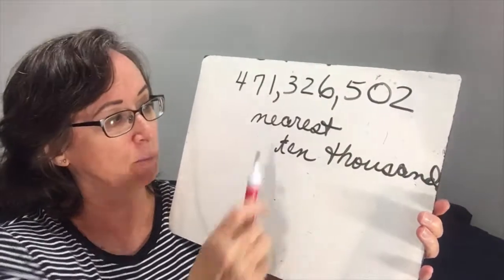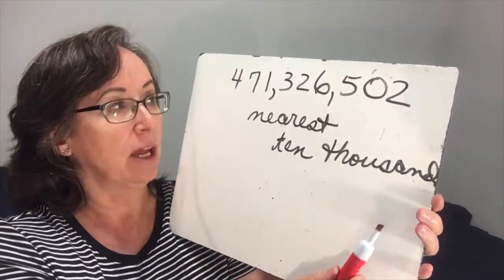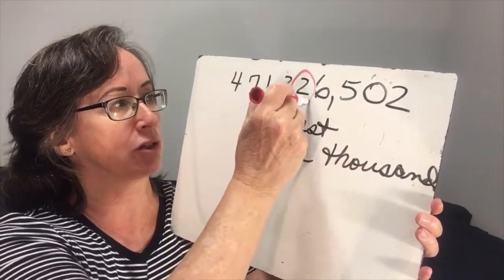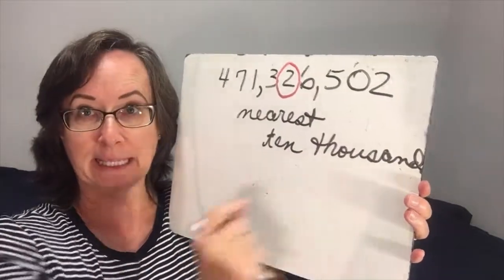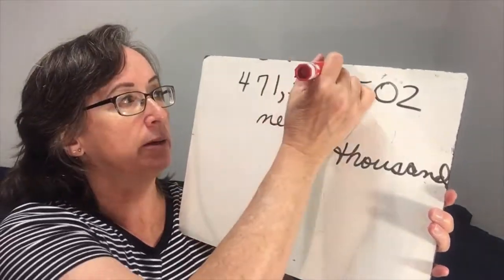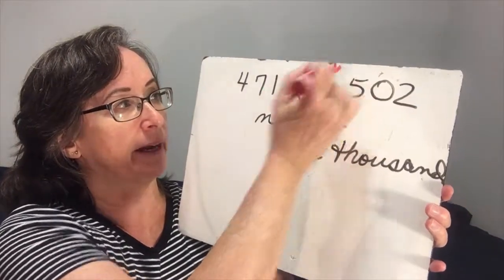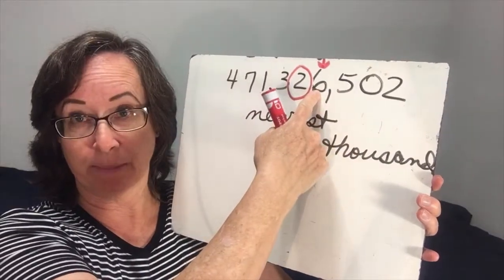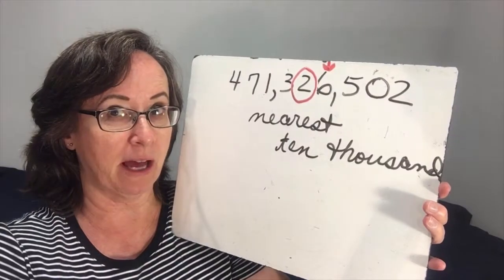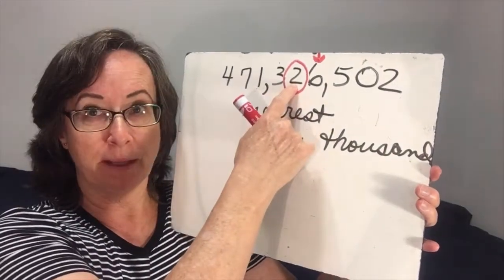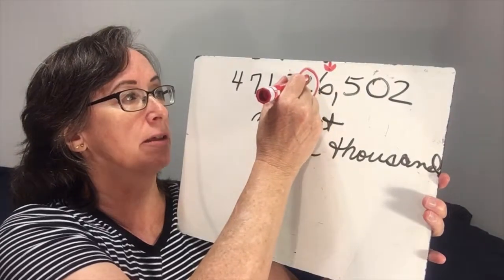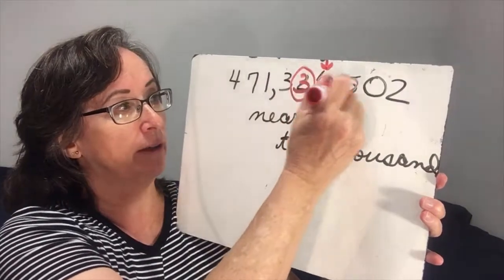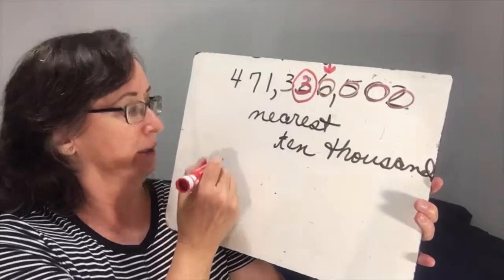All right, for our next example, can we read this big number? 471,326,502. And we are to round it to the nearest 10,000, which, remember, is this place right here. So let's circle the digit that is in the place that they tell us to round it to. And then we will give the next number our little arrow right there. And we look at this number and we say we have a 6 in the arrow spot. 6 is greater than 5. Therefore, I bump this one up 1 digit to 3. And now this one has done its job. Now I turn all of those to 0. And my new number is